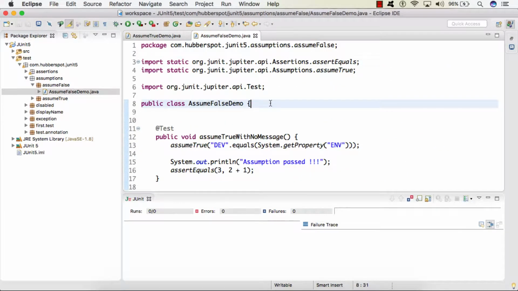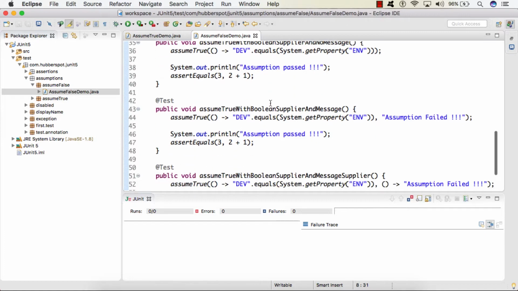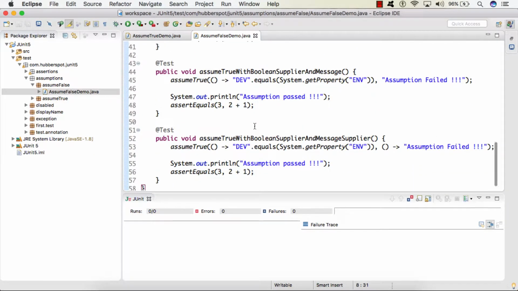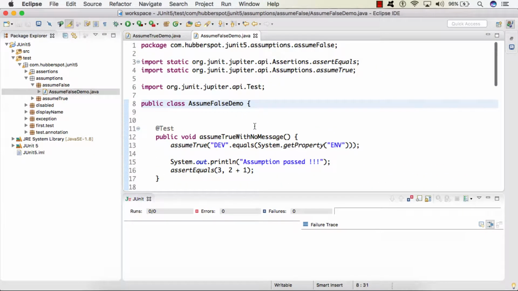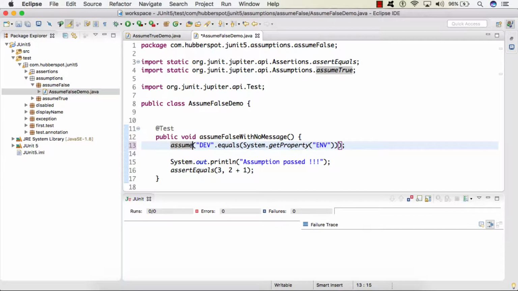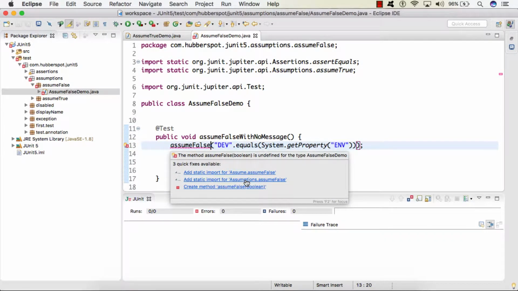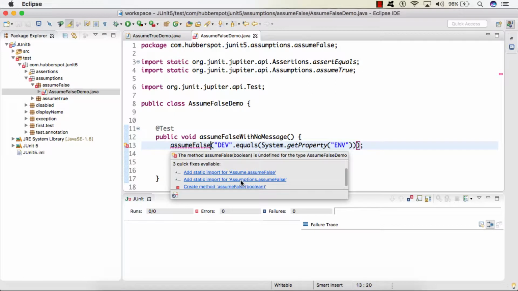Here we will see the demonstration of 6 assume false methods. So there are 6 test cases. So I will just change the name, and instead of assume true, I will be using assume false. We will import it from the assumptions class.